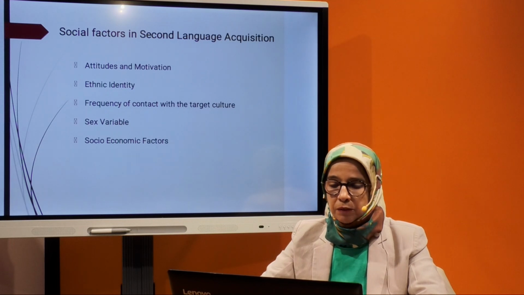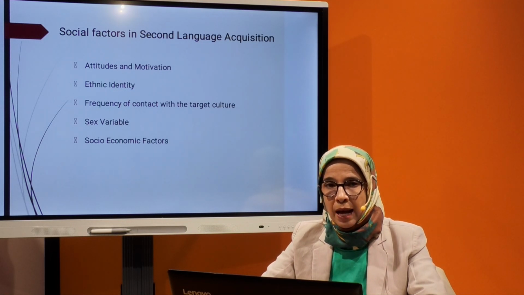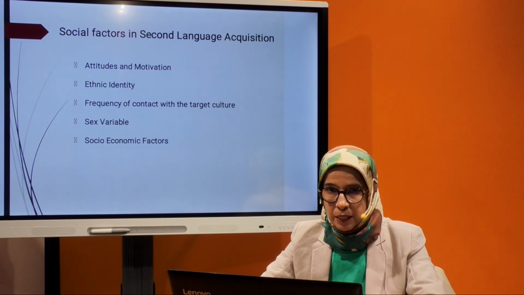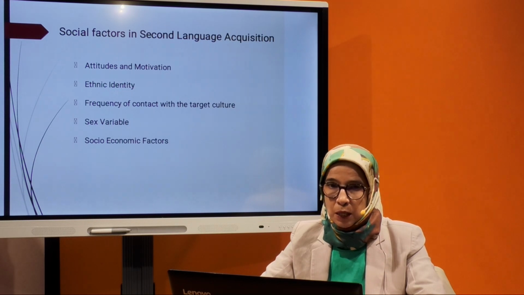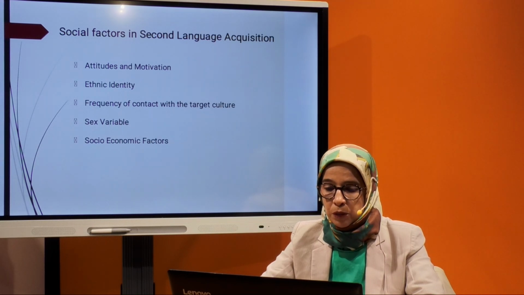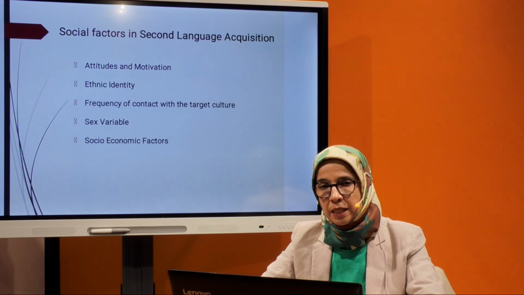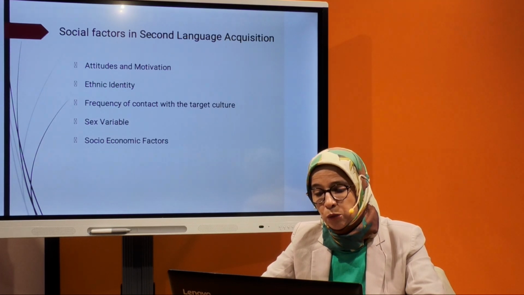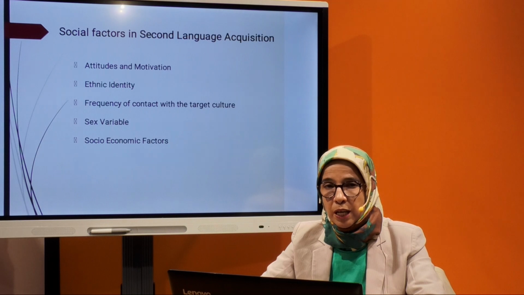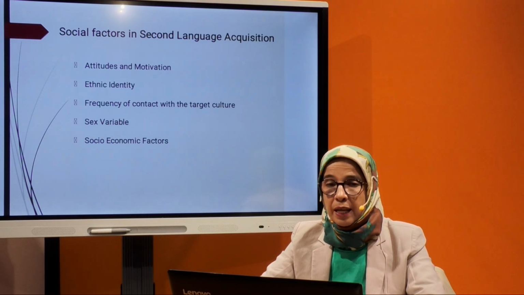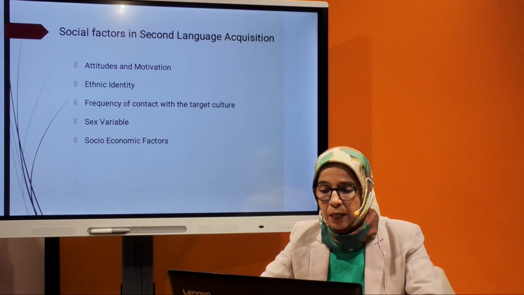What is more significant is the attitudinal atmosphere at home. Parents have a great impact on their children concerning the acquisition or the learning of a new language, that is a second or a foreign language. So they have an effective role to play in enhancing their child's motivation to learn a second language and developing positive attitudes towards it. In this respect, Gardner